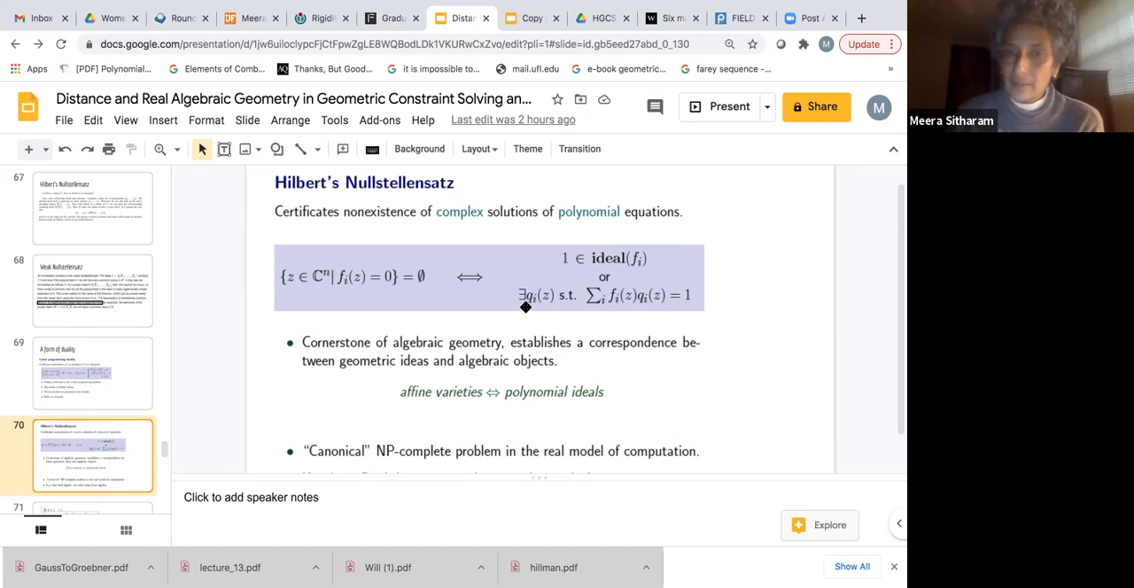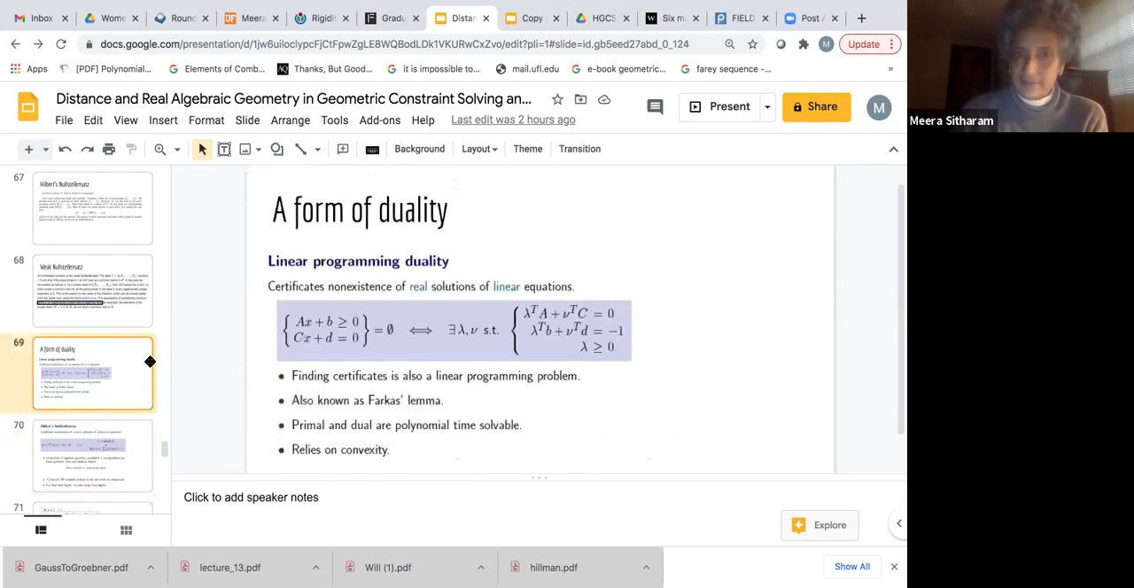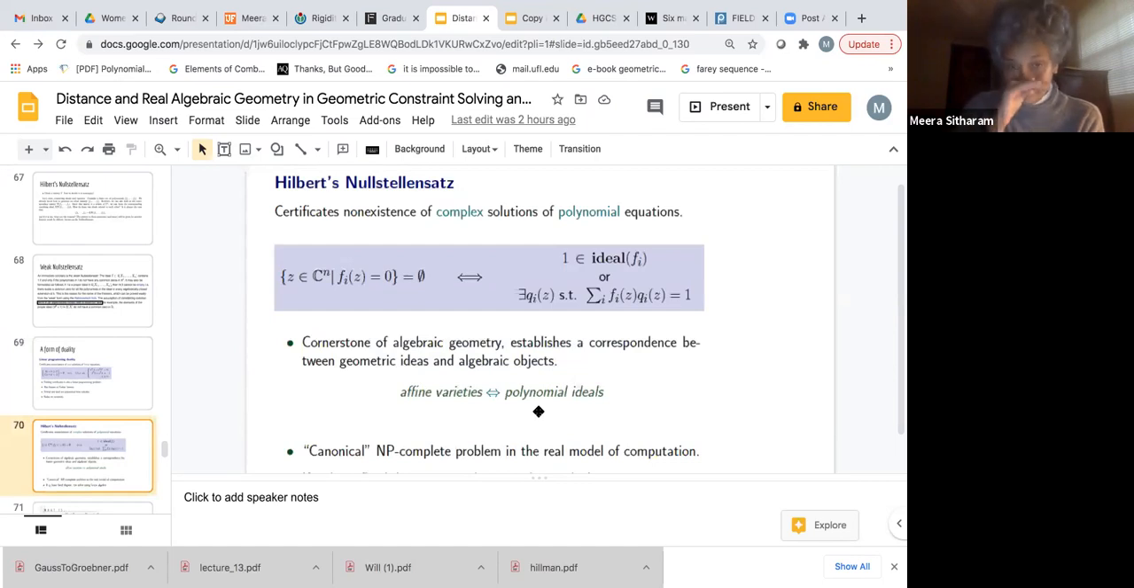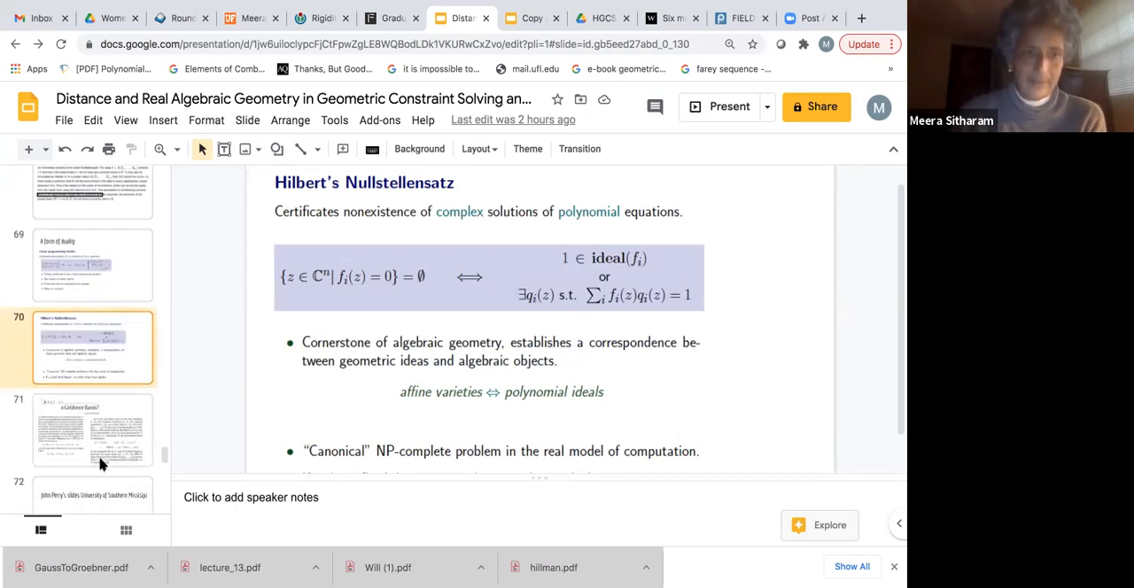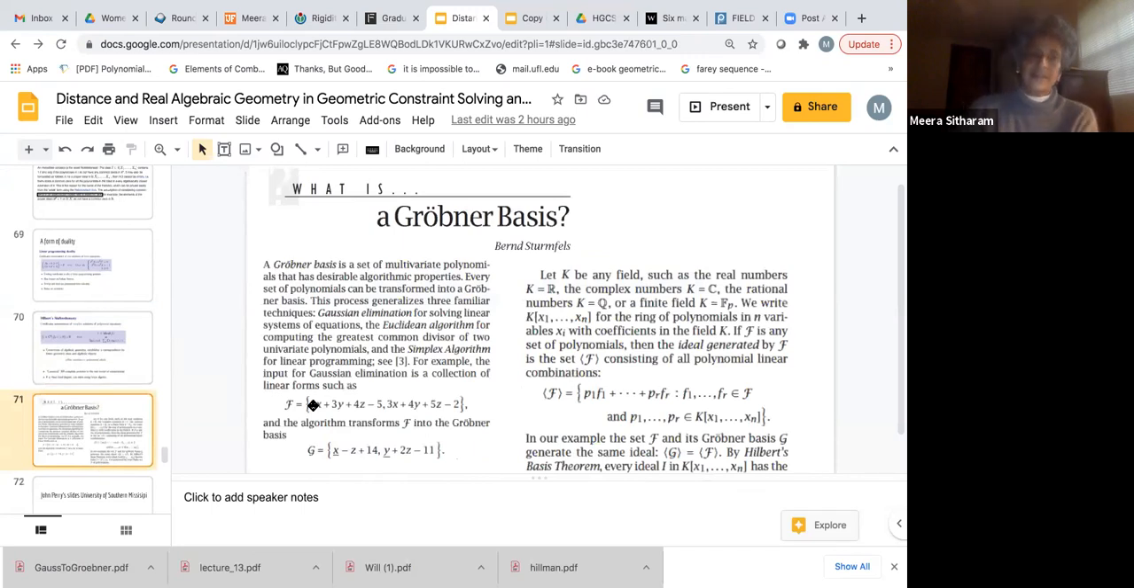So the non-existence of a solution comes down to finding the existence of these multiplying polynomials such that this adds up to 1. That's that duality: showing non-existence of a solution comes down to finding this, and you have a similar situation here. Okay, and I'll talk about complexity and all that a little bit later. Okay, so in this context,